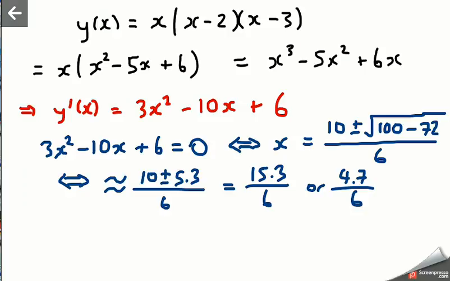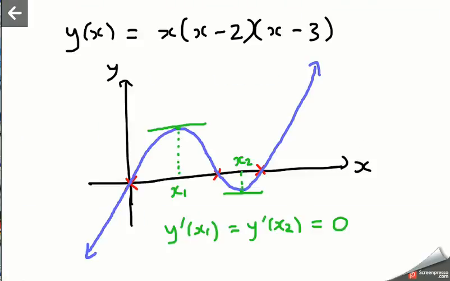And so that is approximately 2.55 or 0.78. Now 2.55 is bigger than 0.78, so we must have x2 is equal to 2.55, and therefore x1